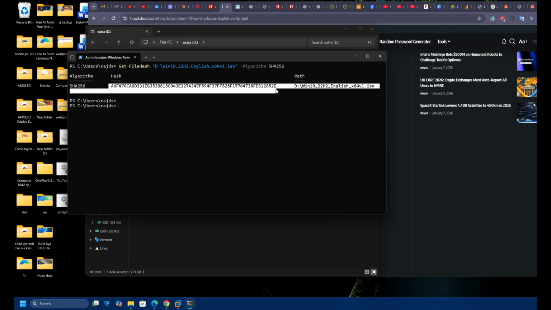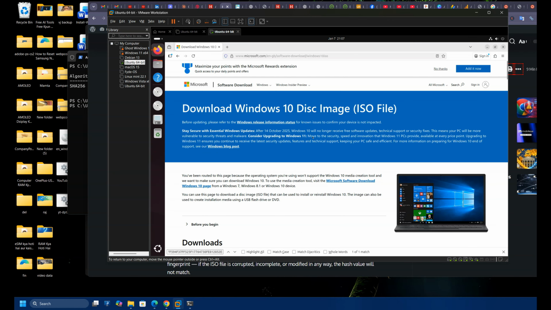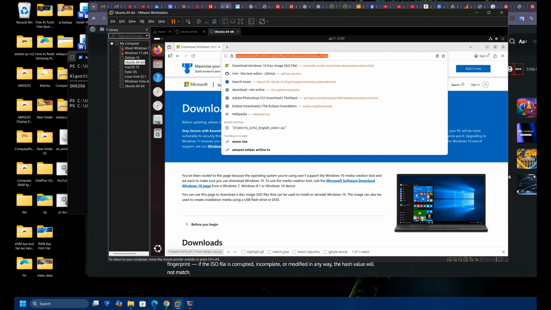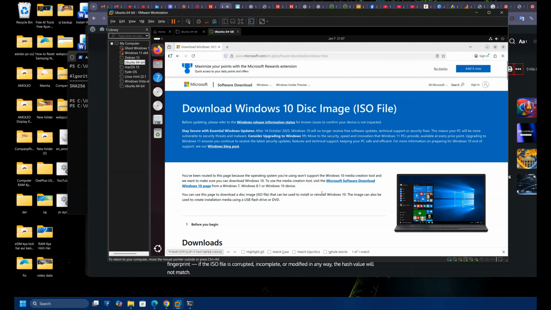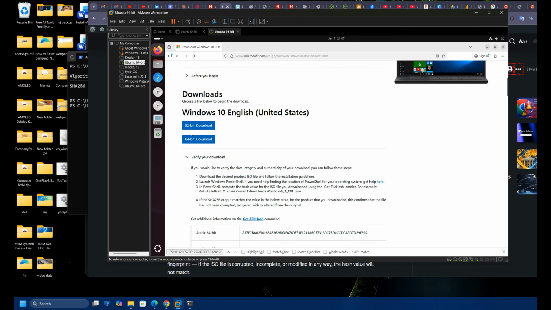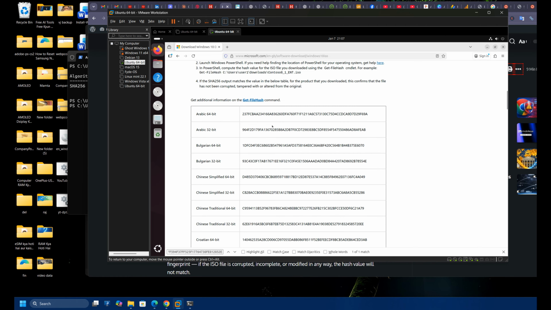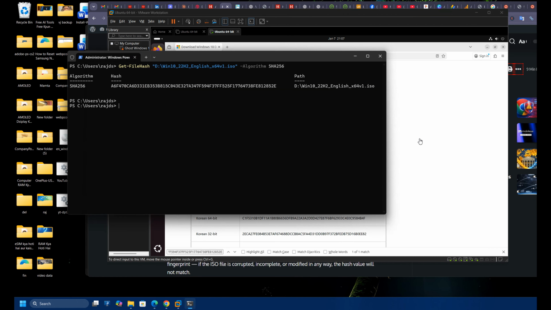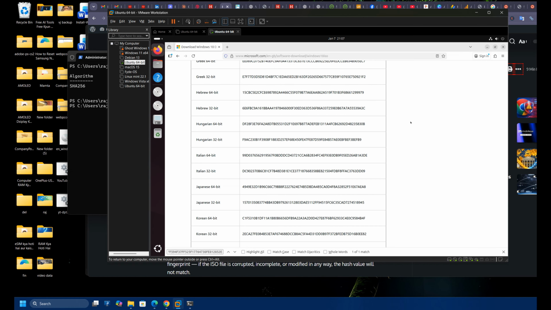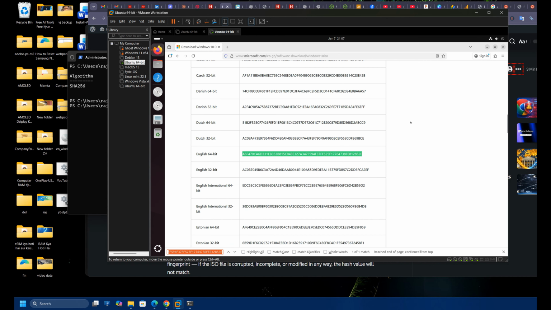And now what I have to do is copy this, and after that go back to the official website from where you have downloaded the Windows ISO image, and right there below the download button you will get all the hashes which you can use to verify whether your file is original or not. Like I have copied this hash of my file. Now I will press Ctrl F and paste it here. The file which I have downloaded, here is the hash on the official website. So this shows that my file is original, and the same you can do from our website.